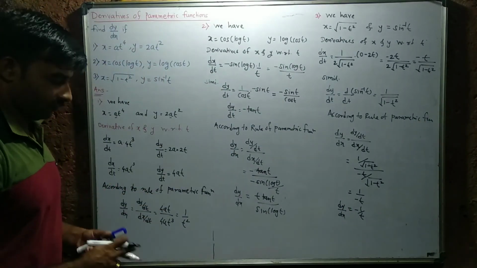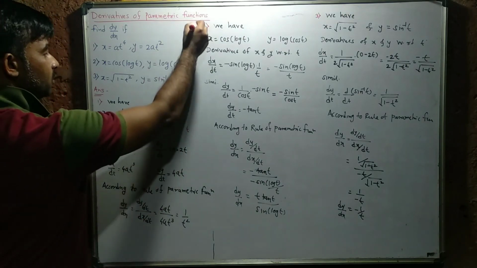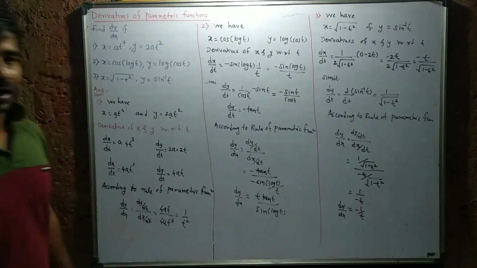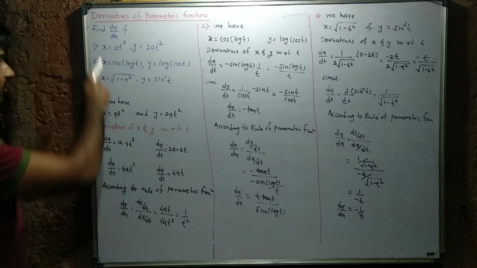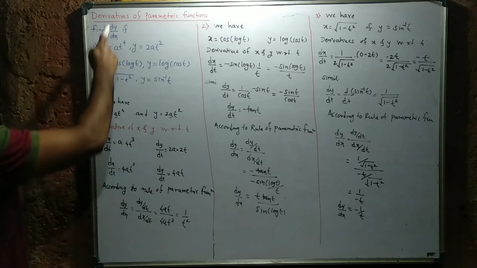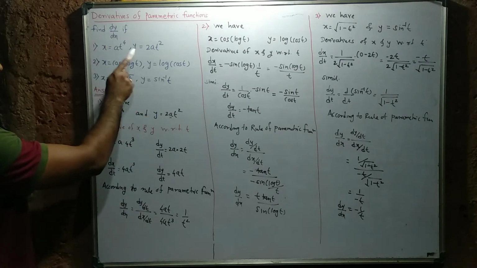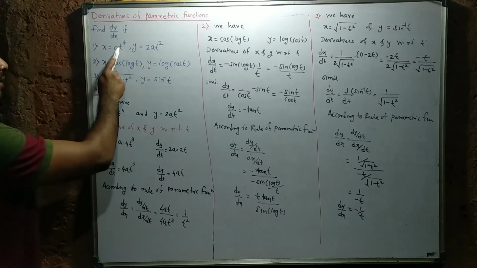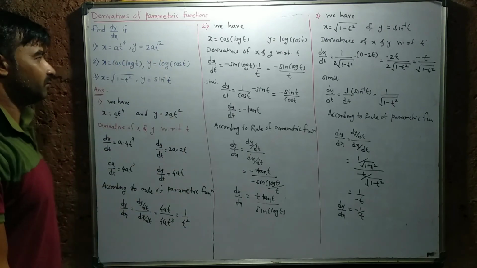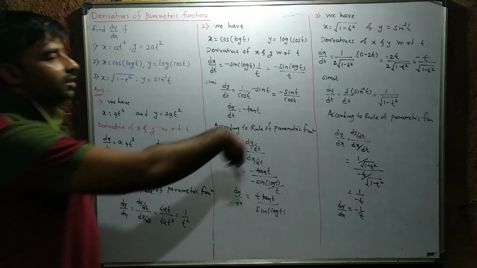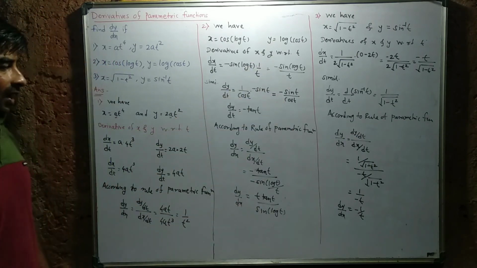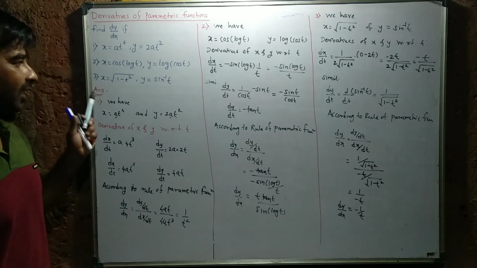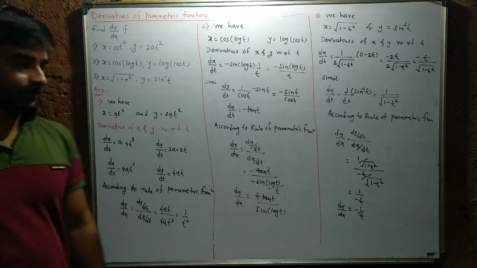And those are the different derivatives of parametric functions. Here we have to take the parameter as t, and according to that you have to calculate the different derivatives of parametric functions. That means dy by dx is calculated because x and y are functions of t, then x and y have a functional relationship, and t is the intermediate variable which is called a parameter. According to that you have to find the derivatives of different functions, and you will get dy by dx for those different functions as per the rule of derivatives.